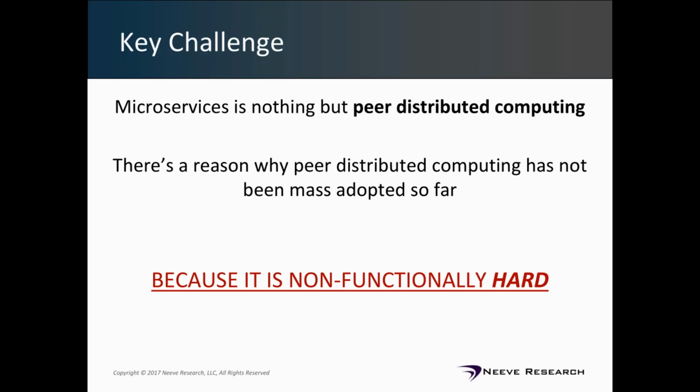Where the non-functional complexity and the non-functional demands of the system were high enough that you had to move towards peer-based distributed computing. However, peer-based distributed computing is hard. It is actually pretty hard. So obviously, we have reached a point where the business demands from a non-functional standpoint are pretty high. Their agility requirements are very high, and therefore peer-based distributed computing has become a reality. But it is hard.